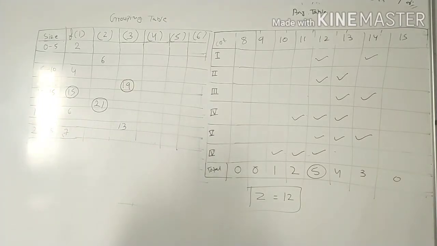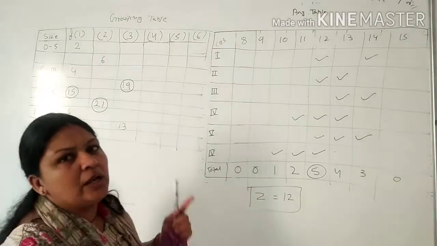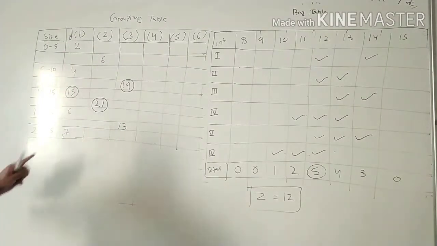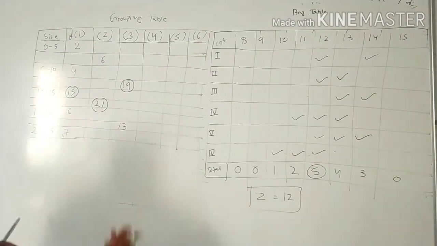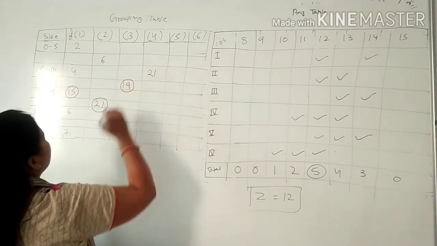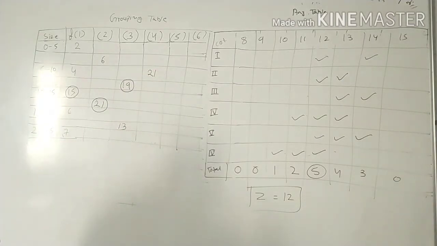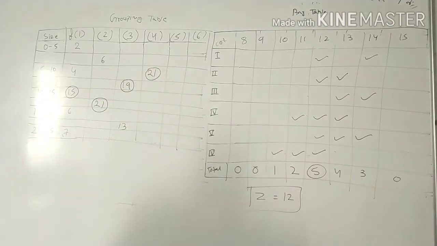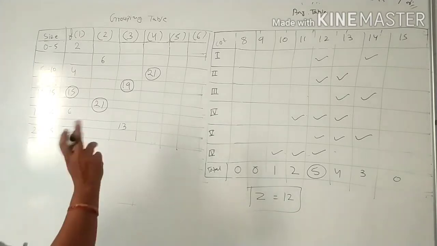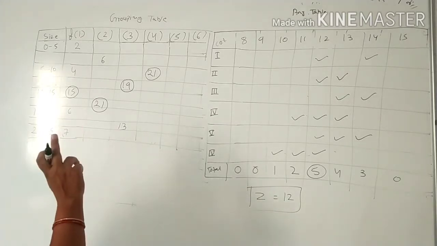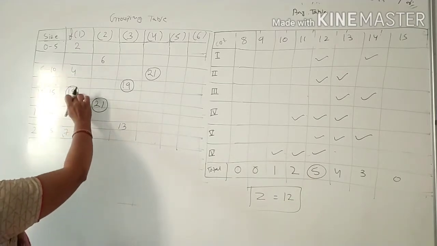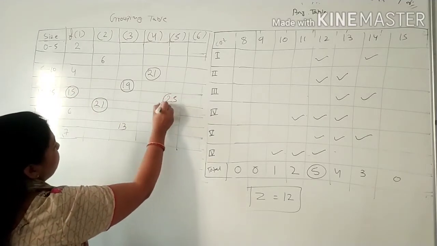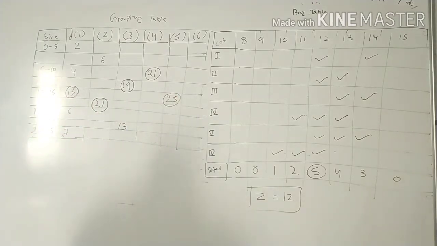Now, in the fourth column, what is the rule of the fourth column? Rule of the fourth column, it is the total of the 3 frequencies. So, 2, 4, 15. So 15 plus 4, 19, 19 plus 2, 21. We have to write down 21 here and here 3 frequencies are not available. So this one is the highest frequency. Now for the fifth column, we skip first and take the total of the 3. So 15 plus 6, 21, and 4, 25. So it should be 25. Clear? Only one is there.